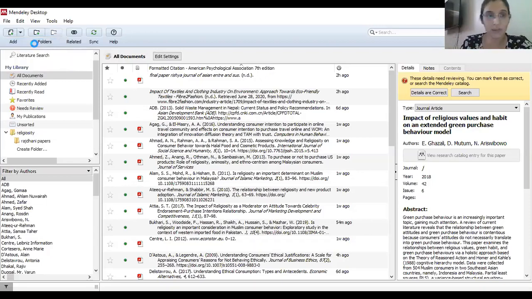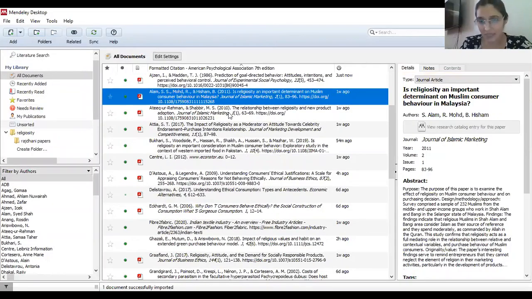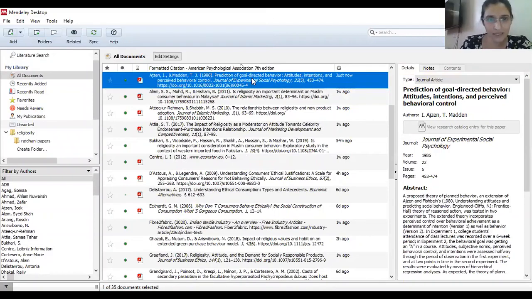Please go, all of you, to add file. Pick up a file. I am picking up ASCII 1986 and here it comes. Can everybody see it? It is highlighted. Can everybody please add a file and see if it can be seen? Only then will I go forward. Everybody please add a file, any file from your desktop. If you have saved the file which I had sent you, you can add that also. Please add a file and please say, ma'am, added, no problem, so that I can go forward.